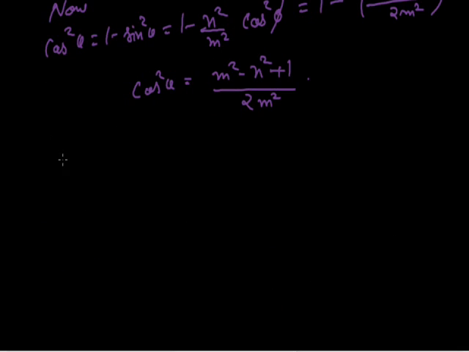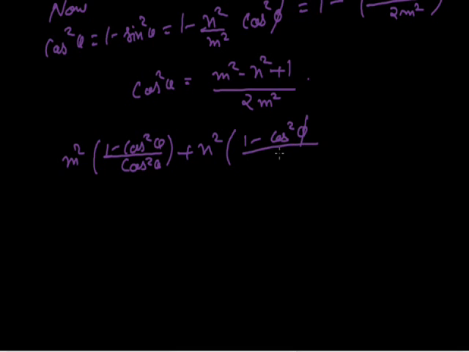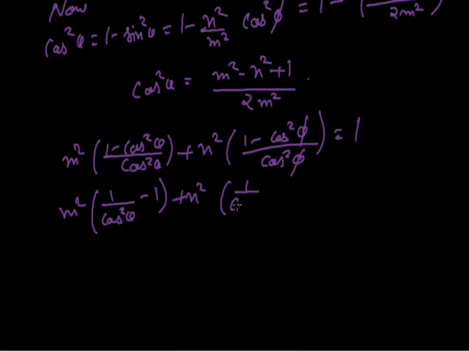Now rewrite the first relation, that is m square into 1 minus cos square theta upon cos square theta plus n square into 1 minus cos square phi upon cos square phi is equal to 1. Therefore it became m square into 1 upon cos square theta minus 1 plus n square into 1 upon cos square phi minus 1 is equal to 1. Put the values of cos square theta and cos square phi in the above equation. Therefore it will become